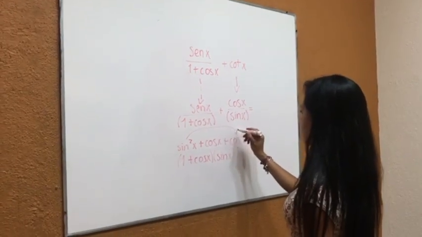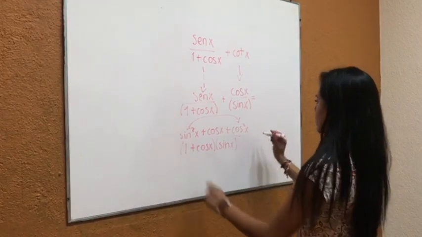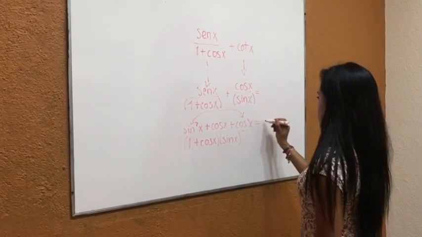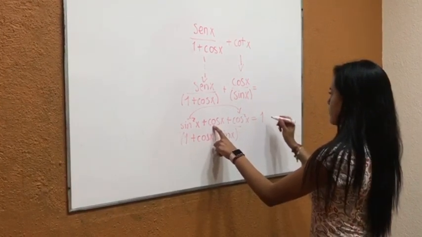And according to the Pythagorean identity, we know that sine squared of x plus cosine squared of x equals 1, so the numerator is 1 plus cosine of x, which is what we already had,